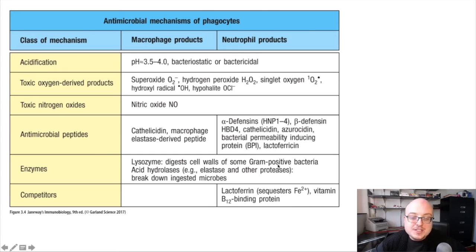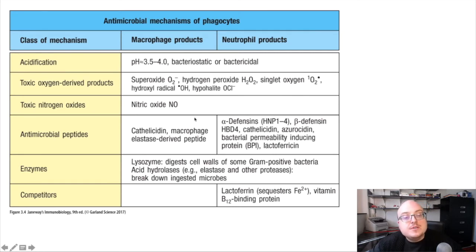And what you can see is that there's all sorts of things happening in the phagolysosome. We have multiple additive mechanisms that break down any kind of pathogen that we internalize through the process of phagocytosis within our immune cells. And so, the phagolysosome of a leukocyte is not a place you want to be if you're a bacterium. And for all of these reasons.